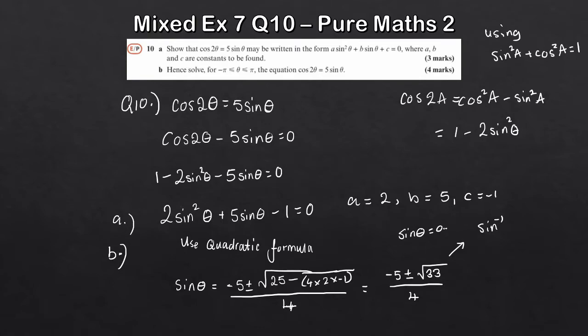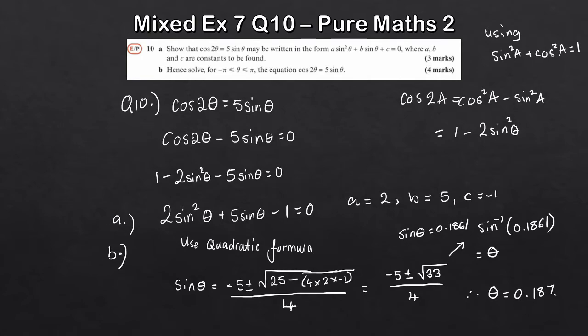sine theta is equal to 0.1861. So then we're doing sine inverse of 0.1861 to get theta. Okay, so this is a bit scruffy. So we're going to get two solutions here. So therefore, sine inverse of this, we get theta equals, and again we're in radians, just be careful for that,